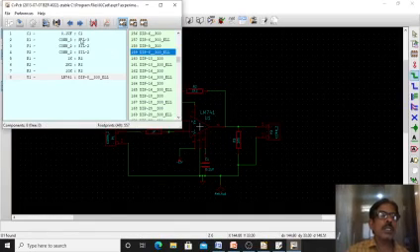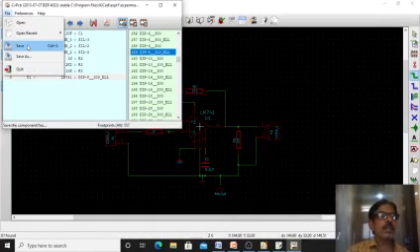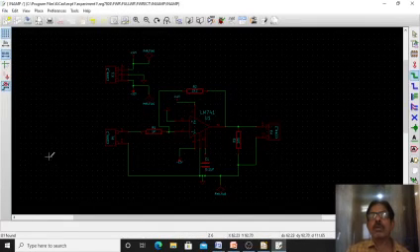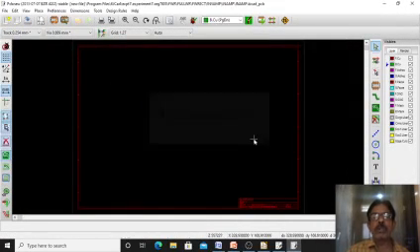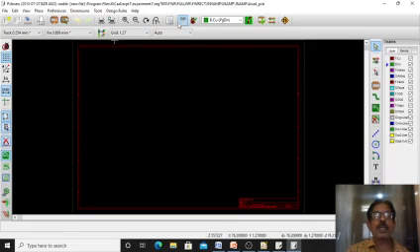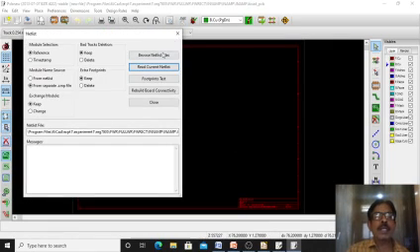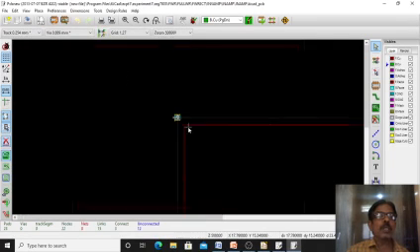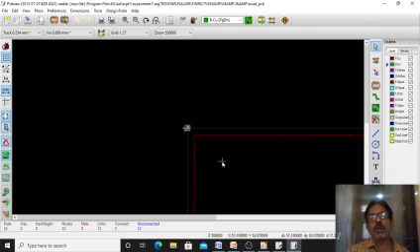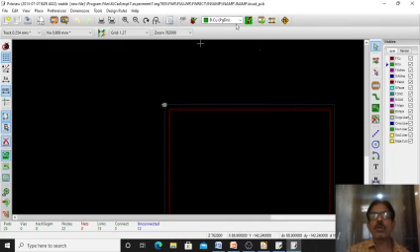Now just see this list. All the components have been associated with proper footprints. So now save it, and come out of this, quit. Now the next step for drawing the PCB is to run PCB new. First, after the net, read the current net list, click, and close. Here your circuit diagram has come.